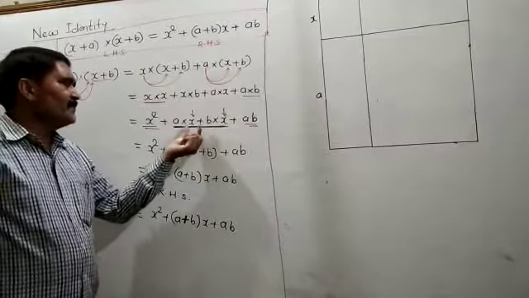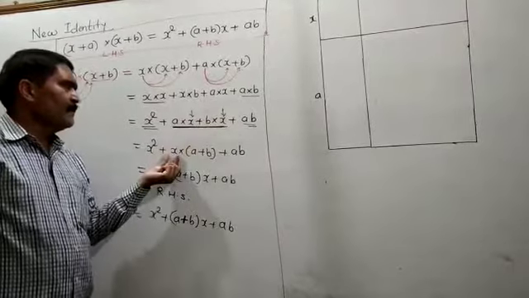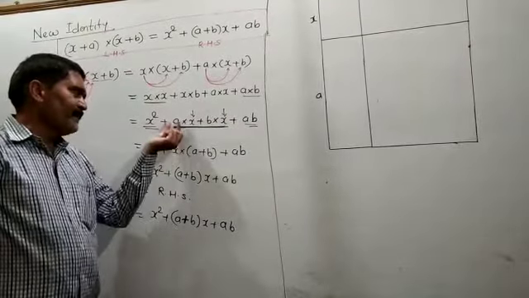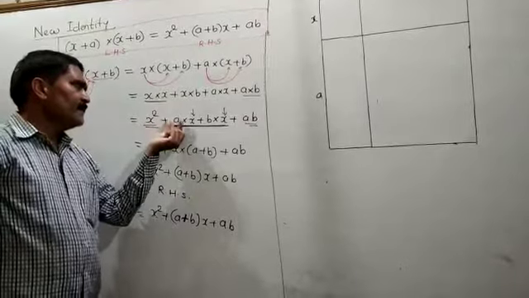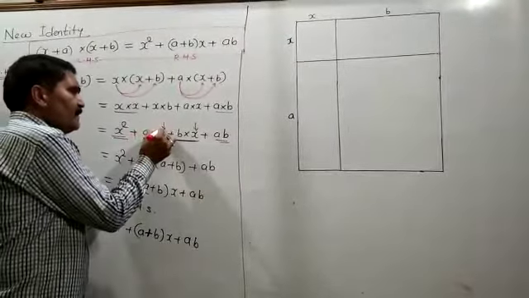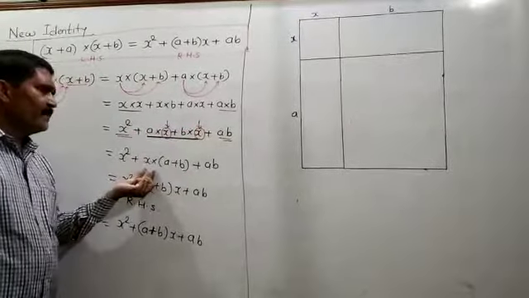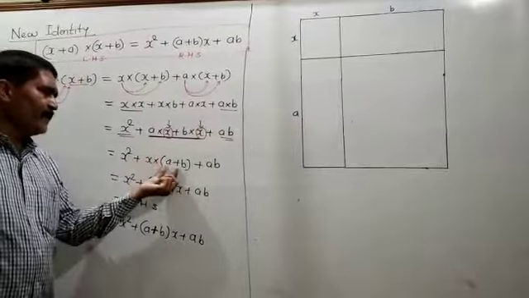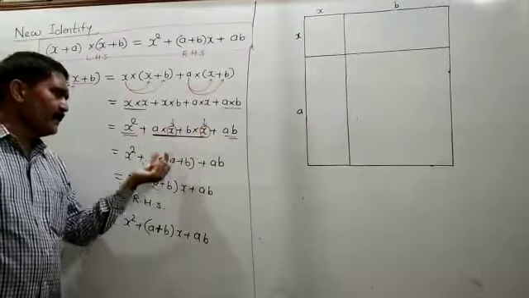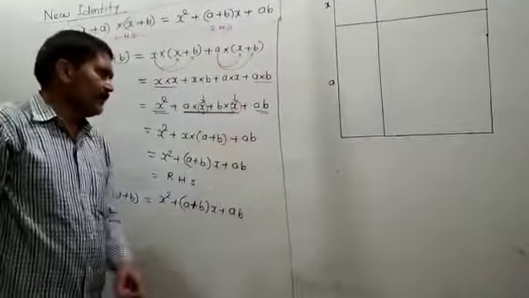You have to take out x common. If x is present in both the terms, at that time you take x out as common. At that time what remains? Then a plus b remains. So I will say that this is the common term. Whatever is common you have to take outside the bracket. Whatever remains you have to write in the round bracket. At that time what remains? a plus b remains, you write it in the round bracket, plus a multiplied by b.